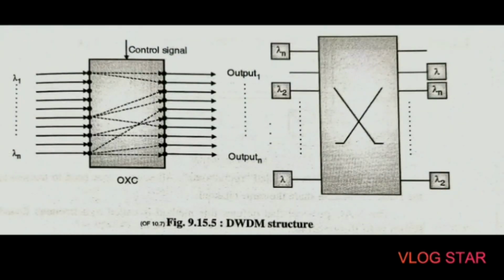Next point is DWDM network topology. The topology of a DWDM net can be mesh, star, or ring. The logical topology is arbitrary. DWDM networks can be defined as single hop networks or multi-hop networks. In a single hop, each data stream gets the same color all over the path, from the source to the destination, and therefore there is no need for electrical intervention. But in multi-hop, each node has a limited number of lambdas, therefore there is a need for reuse of wavelength, and that's why there is a need for electronic switching of the packets in the intermediate nodes.